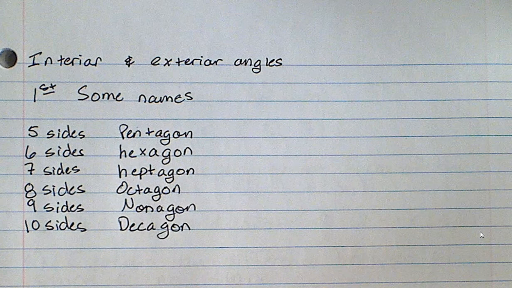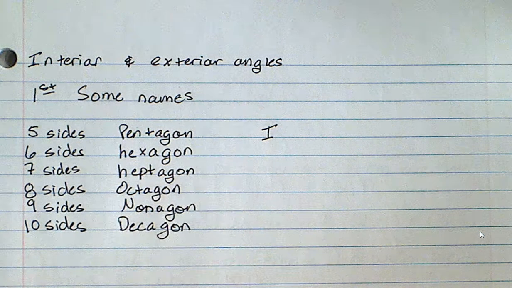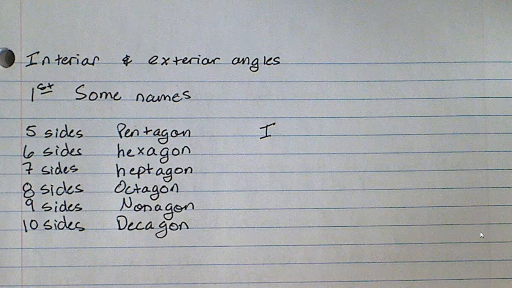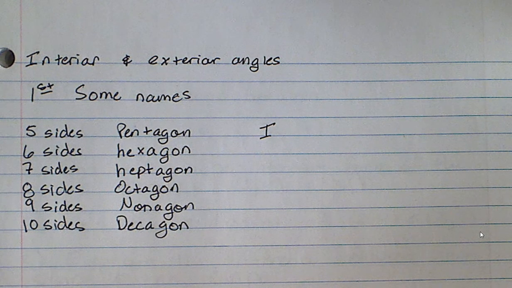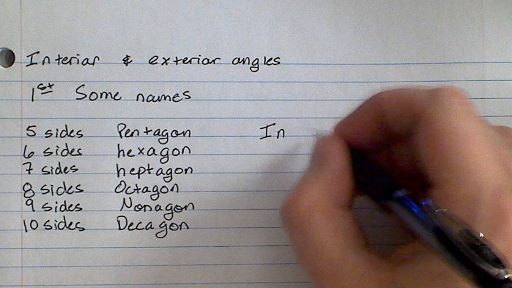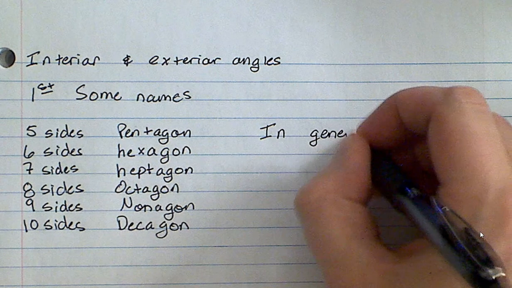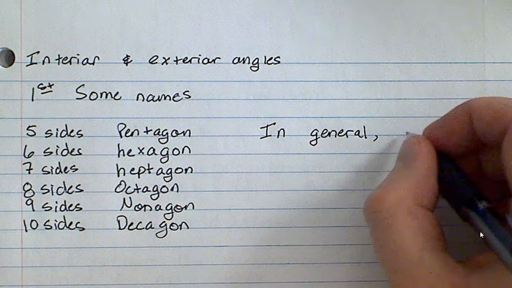And then anything else in general, past 10, there are names for them. Like an 11-sided thing is an undecagon, a 12-sided thing is a dodecagon, a 13-sided thing is a triskaidekagon. So in general, anything over 10 sides,